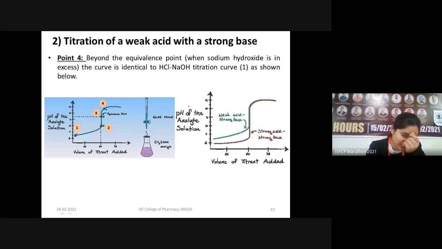Let us compare the two graphs: strong acid with strong base, and titration of a weak acid with a strong base. First of all, when we are doing titration with a strong acid and a strong base, we are using HCl. HCl completely dissociates into H positive ions. Hence, the pH in the beginning is low. Whereas when we perform titration of a weak acid with a strong base, we are using acetic acid. Acetic acid does not